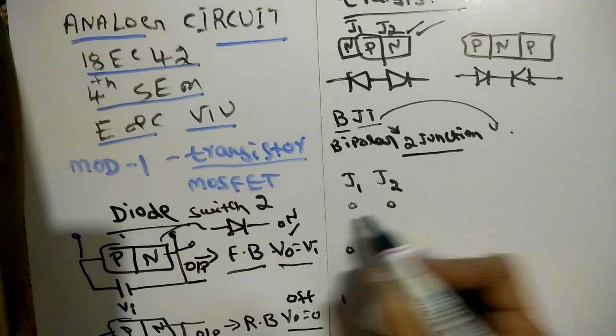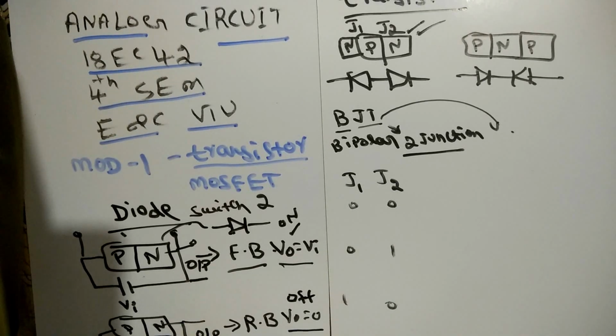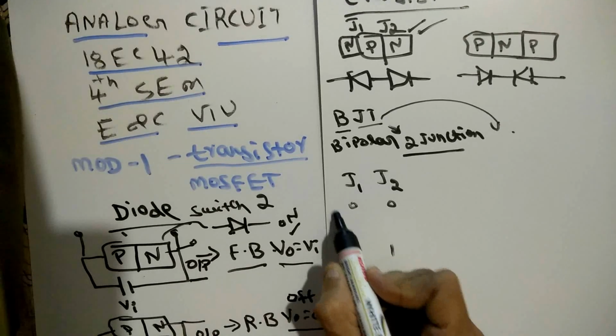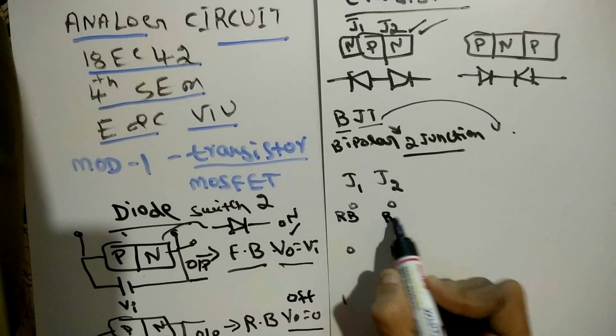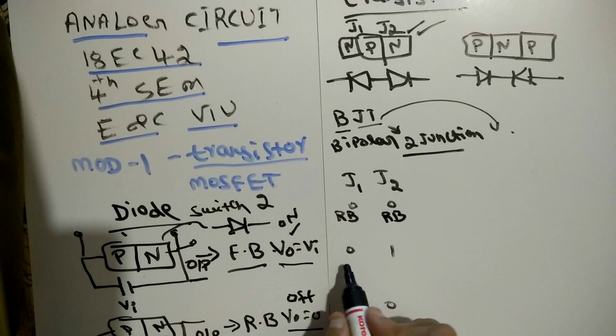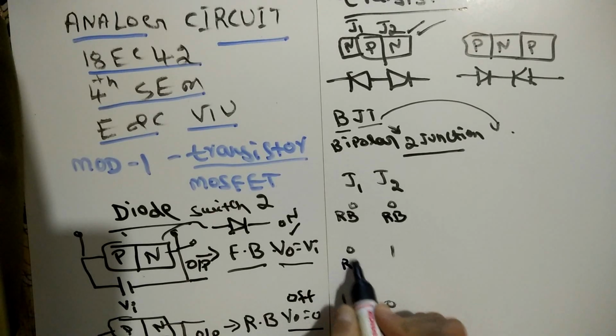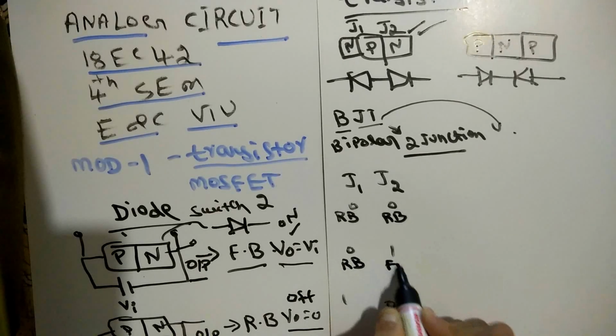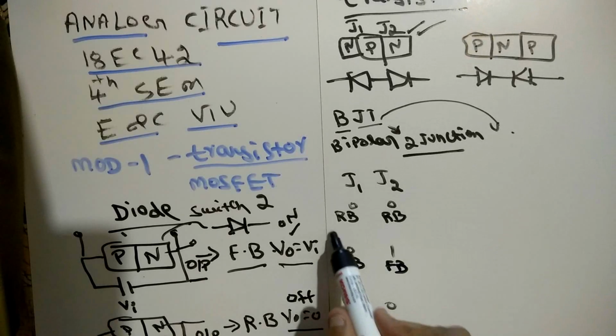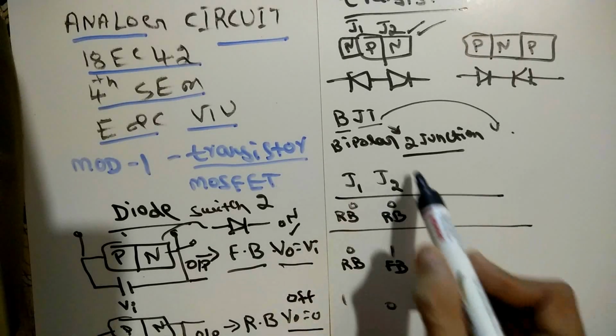So instead of 0, 0, we are writing 0, which is nothing but giving a negative signal to the PN junction. So we call this a reverse bias. So junction 1 and junction 2 are reverse biased, and in the next case we take this one reverse and this one forward, and so on. One by one we can discuss what happens in each case.